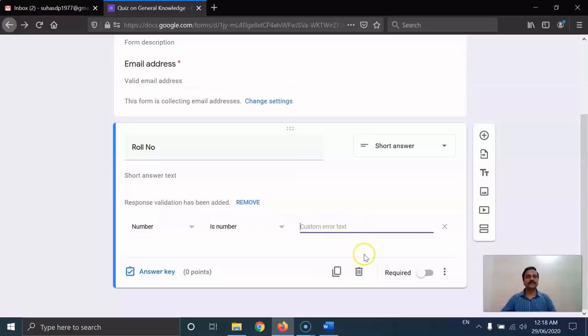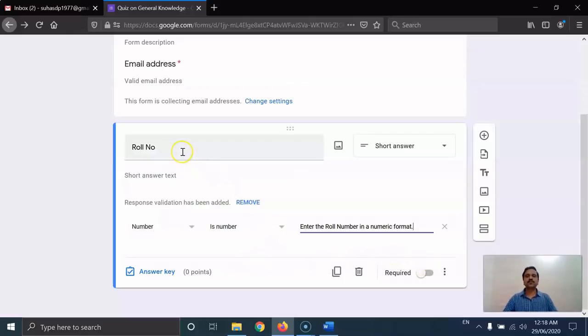If I want to change the default error text, I can enter my own message like enter the roll number in a numeric format. This is the custom error message. If you don't give this custom error message, it will generate a default message.